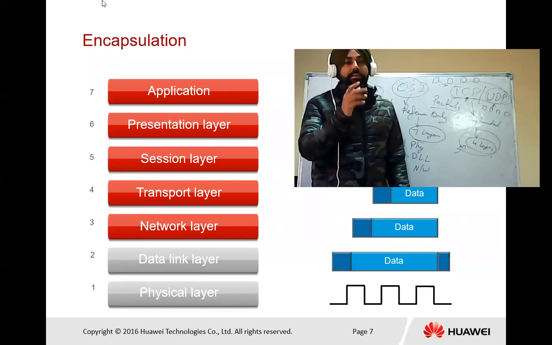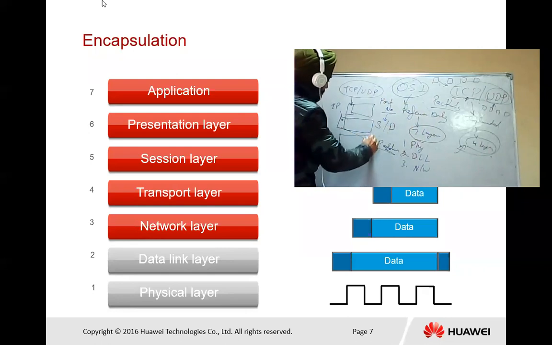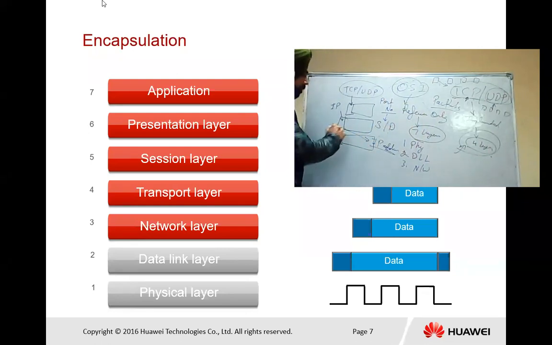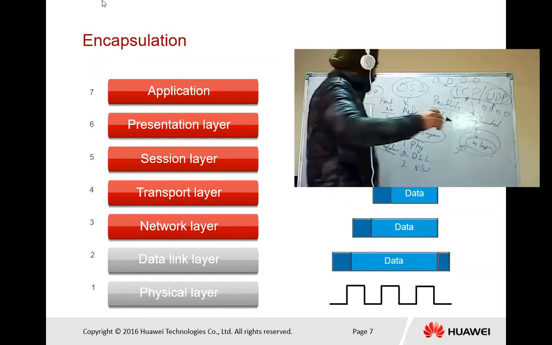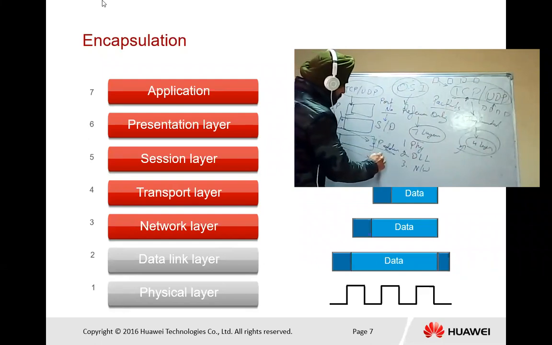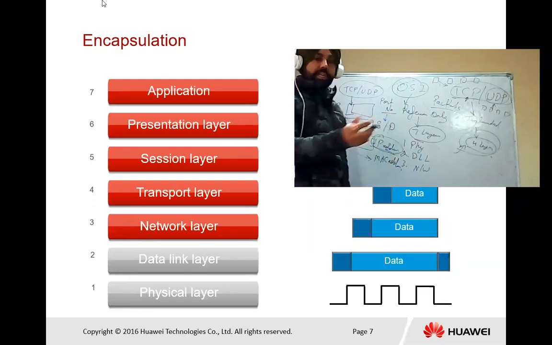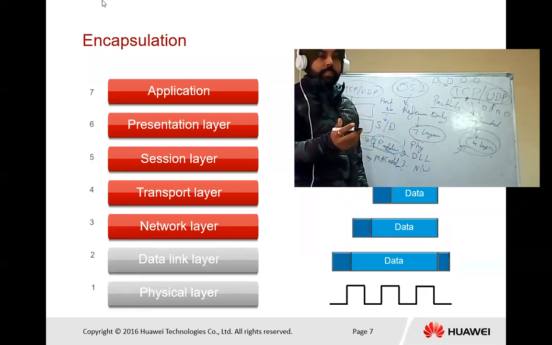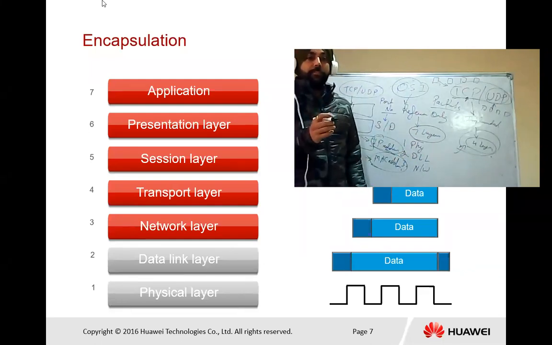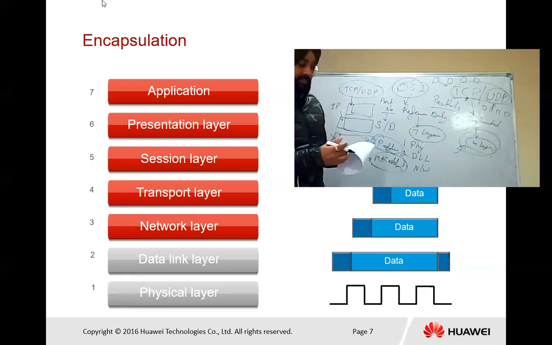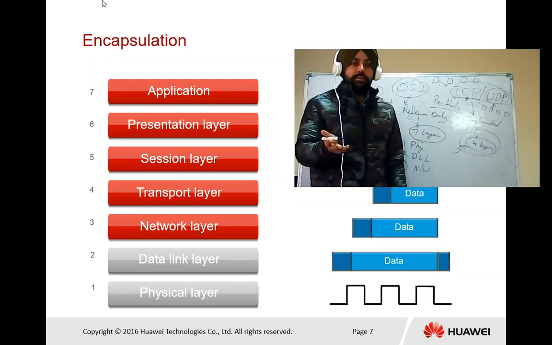Then after the network layer, we have another layer, that is the data link layer. Again, the data link layer adds one more field, and this field contains the physical address, that means the MAC address. An IP address is a system's logical address. It can be changed. The MAC address is your physical address. In the data link layer, the physical address will be added, for the source as well as for the destination.